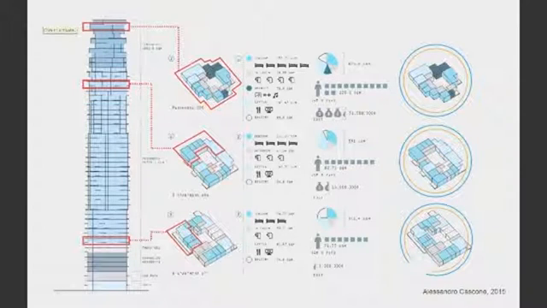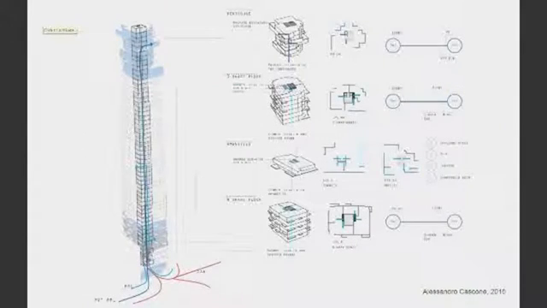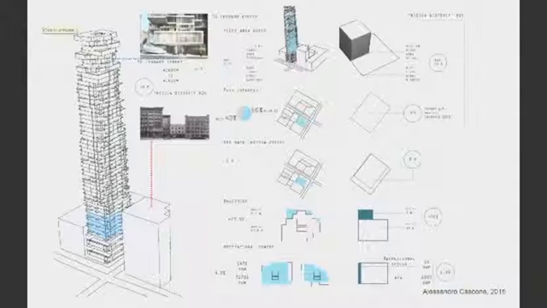This is again another one by Alexandro. He's looking at Herzog de Meuron's residential tower in New York. This one's quite unique in that each of the apartments is basically one per level, so it's effectively a penthouse with 360-degree views. So what we're hoping that we get from this study is a series of rules from the